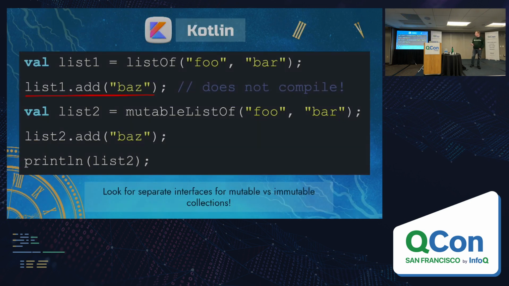So some of the more modern languages like Kotlin, they've solved this problem. In Kotlin, collections are immutable by default. So if I say list of, then I get an immutable list, and it doesn't have any methods on it like add. So again, compile time error if somebody tried to call that. It does also have mutable variants of those collections. So if I really need one, I can have one. But the key here is that it has a separate interface for the two. So I can lean into the immutable interface in all the places where I want to make sure that I don't have to worry about somebody modifying the collection underneath me.